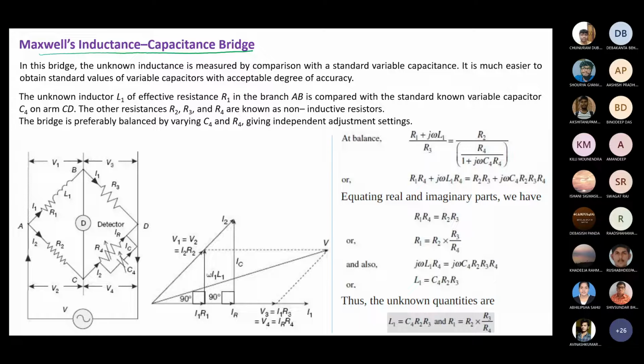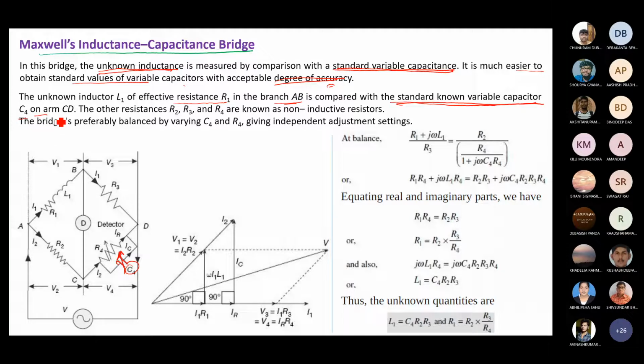Normally the unknown inductance is measured by comparison with a standard variable capacitance. Here C4 is the standard variable capacitance, and the arrow mark is there because it is varying in nature. It is much easier to obtain the standard value of a variable capacitor with an acceptable degree of accuracy. The benefit is that accuracy. The unknown inductor L1 of effective resistance R1 in the branch AB is compared with the standard known variable capacitor